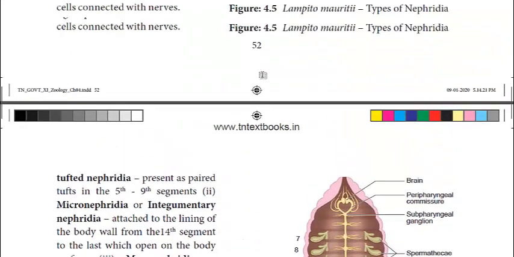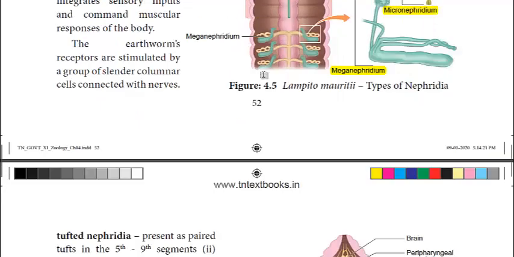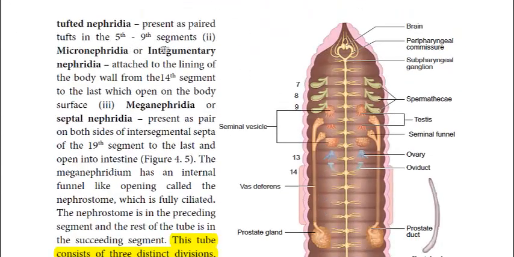There are 3 types of nephridia found. One is pharyngeal nephridia, which is present in the 5th to 9th segment. Next is micronephridia, which is present in the 14th segment, and meganephridia, which is present in the 19th segment. And each